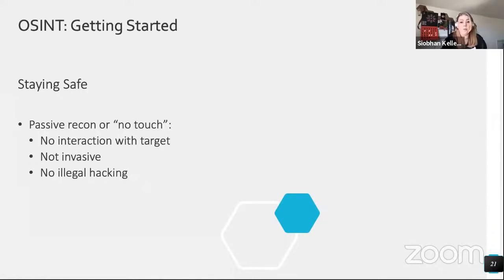The reason that we do this is because if you're looking for a missing person or a malicious actor, it could be upsetting to the family, or it could bring you to the attention of the malicious actor. Adversaries are obviously going to use illegal techniques because their goal is to gain access to systems and accounts. So it's important that we understand both, but it's also important that we don't use any illegal techniques when we're doing this.